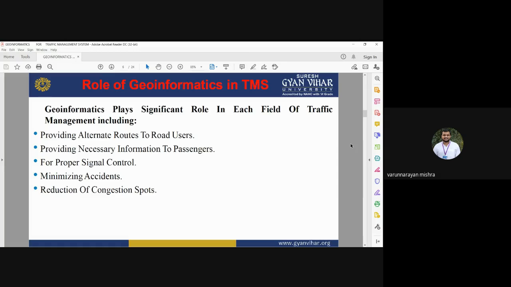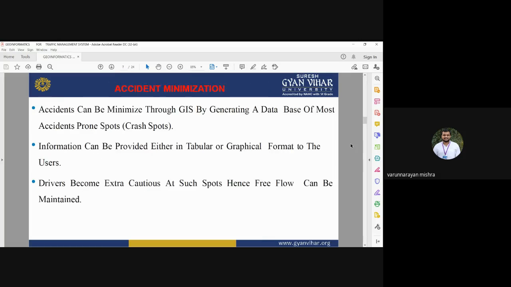Okay, for proper signal control, for minimizing the accidents, and for the reduction of congestion spots. So these are the major fields that need to be explored by using remote sensing and GIS techniques. It is very important, and we know that geoinformatics has various significant capabilities to tackle this problem of traffic in India. Okay, so the first very important utilization of geoinformatics is the minimization of accidents, because in India